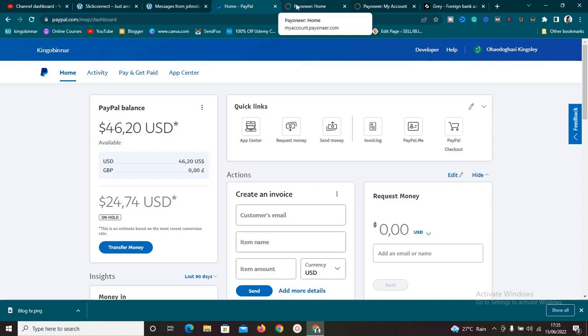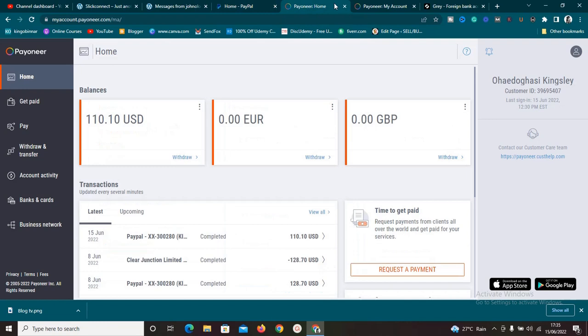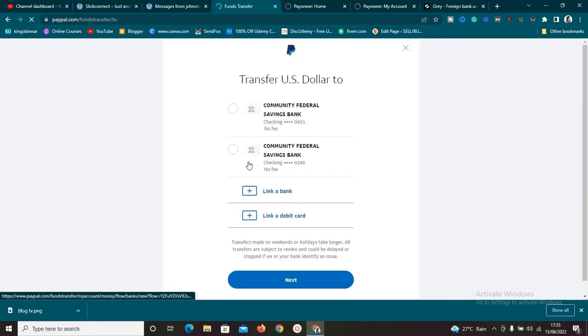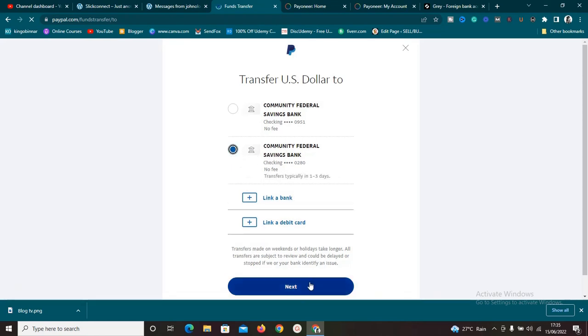Once you've linked your PayPal to your Payoneer, now we need to send money from PayPal to Payoneer. Very simple. All we need to do is click on transfer money, and then we can transfer money from this PayPal account into our Payoneer bank account. Once you click on transfer money, it's going to take you to this page where you select the bank. I have two banks here, one is Grail, one is Payoneer, sorry. This bottom one is Payoneer, so I can just select it and continue,